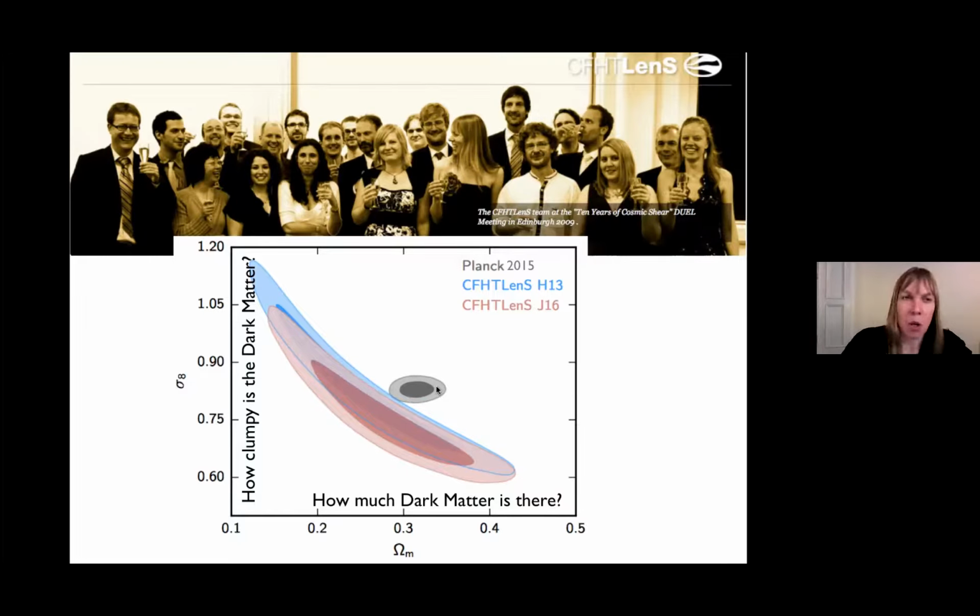People would look at this plot and they would say, but Einstein's theory of general relativity is correct. Dark energy is a cosmological constant. Catherine, you are doing something wrong. And it's really embarrassing to be told you're doing something wrong in front of a big audience.